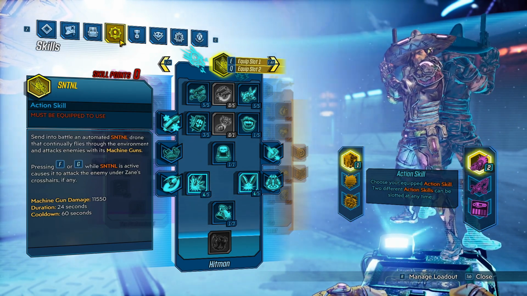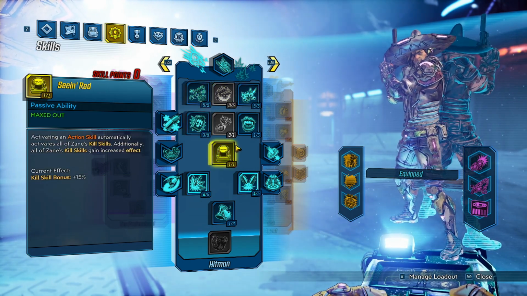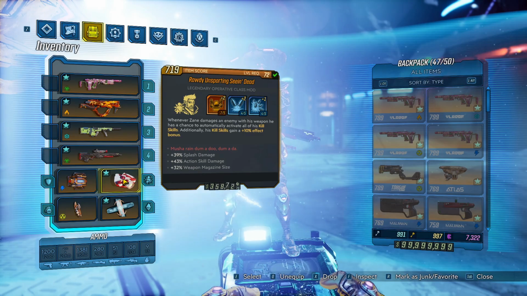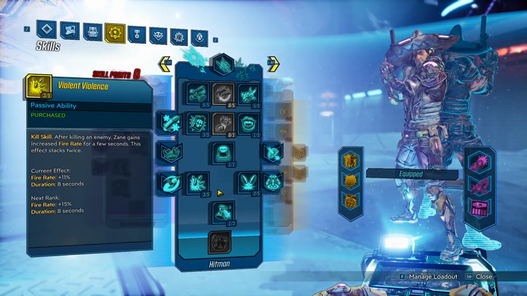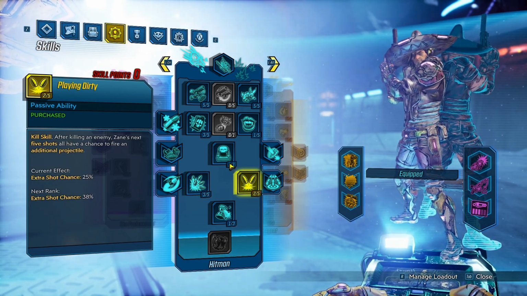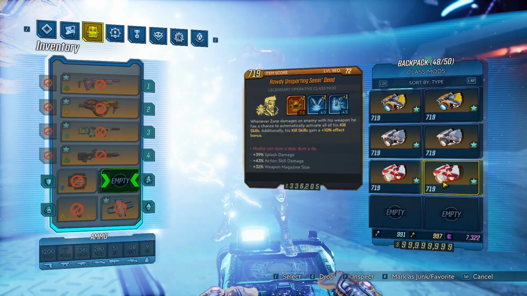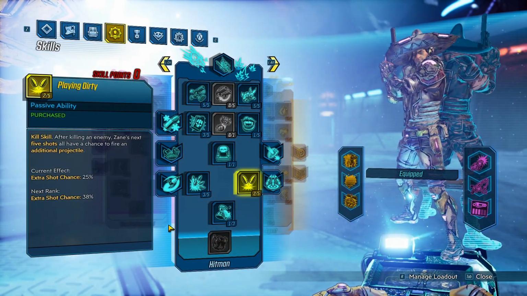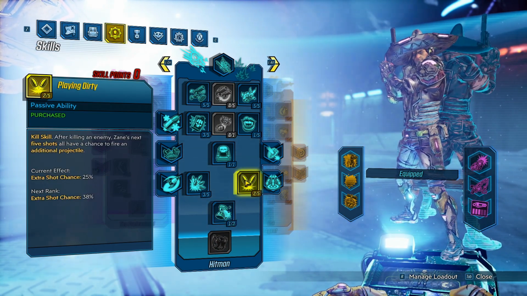Okay, so let's actually break down these skill trees here. So, Violent Momentum, Violent Speed, Cool Hand, Salvation, Playing Dirty, Violent Violence, Good Misfortune. Actually, let's unequip this. 3 and 2. 3 and 2. And I guess the intent was to have this calm. So you get 4 and 4. But if you're not running that calm,